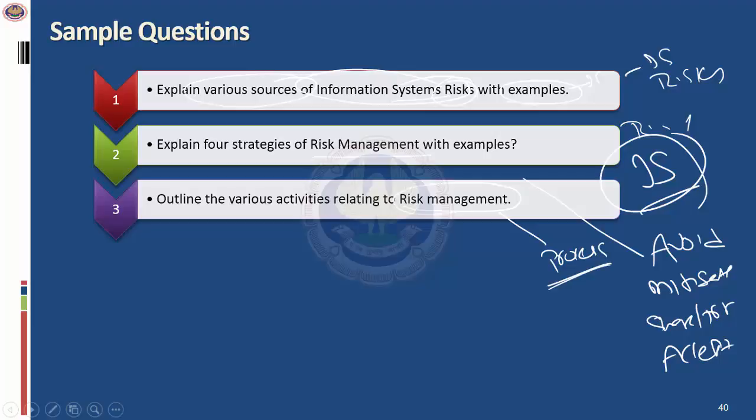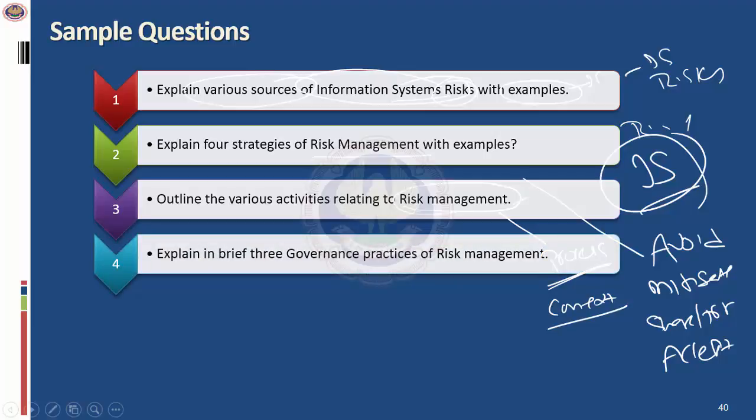Now, when you answer the question, it's important you understand the context of the question, and get clarity on what the context is. The same question pertaining to risk management could be for information systems, could be pertaining to information technology, could be from a governance perspective. And also decide what is the number of marks for that question, whether it's 4 marks or 8 marks. Depending on that, you have to provide the details.